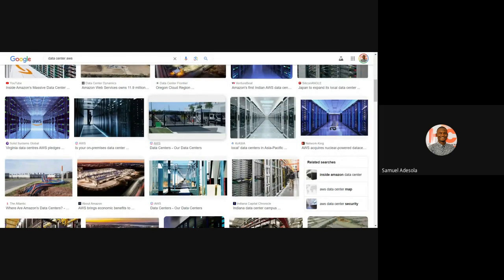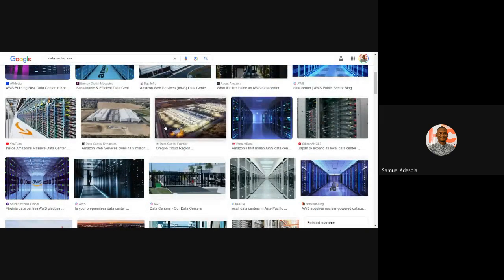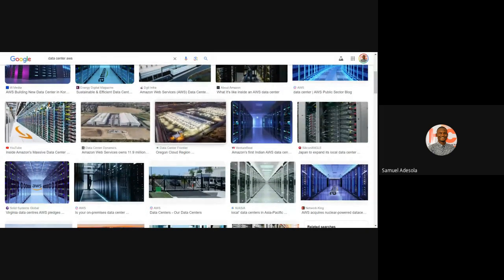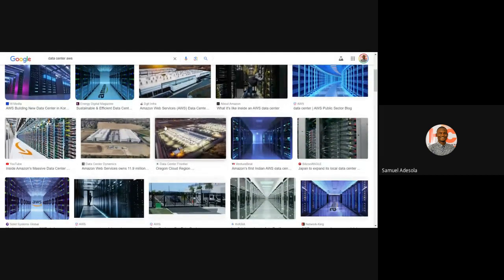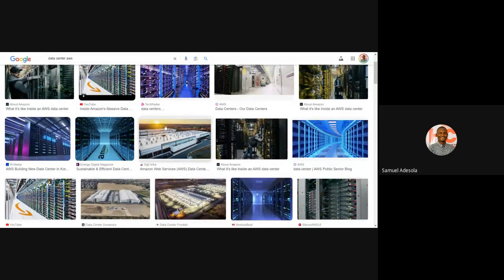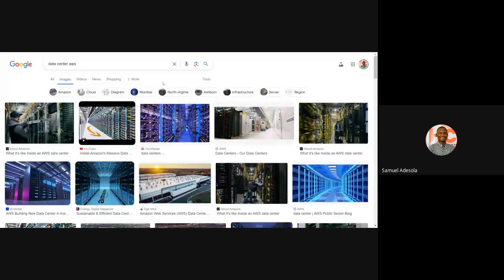So once you are connected to the internet, these things actually run 24/7. They don't power down. So that means you can access your Google Drive 24/7 because they don't power down. They are even one of the people that contributes to the largest energy being consumed on this planet. That's data centers, because they have to be run 24/7 with generators. And those generators usually produce a lot of waste. So they are one of the biggest contributors to waste that is polluting the environment in the world. Data centers.